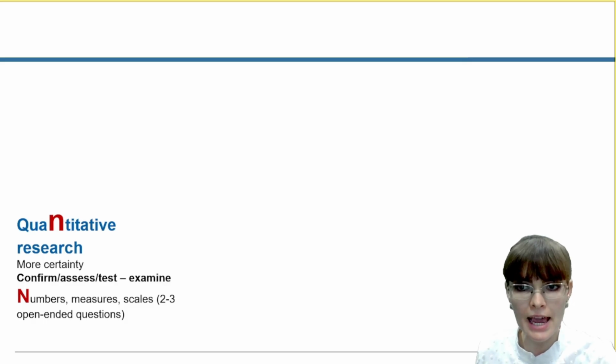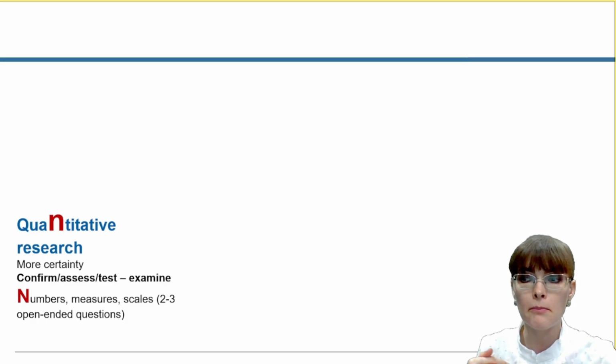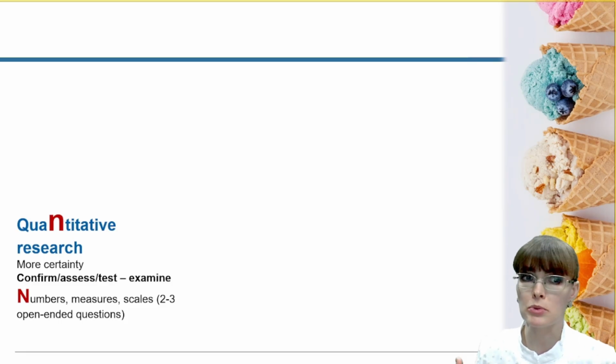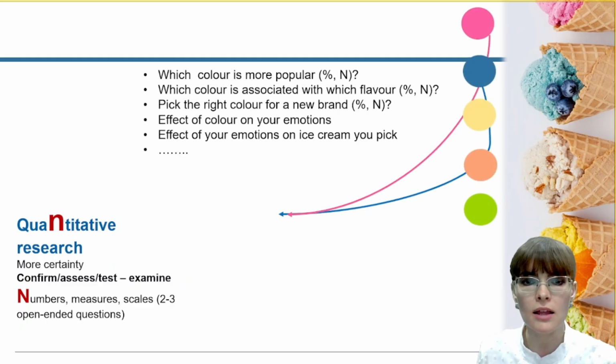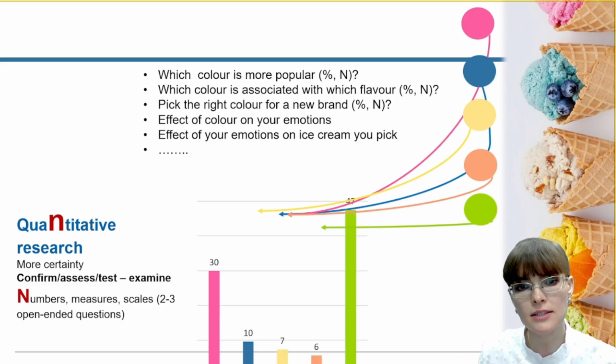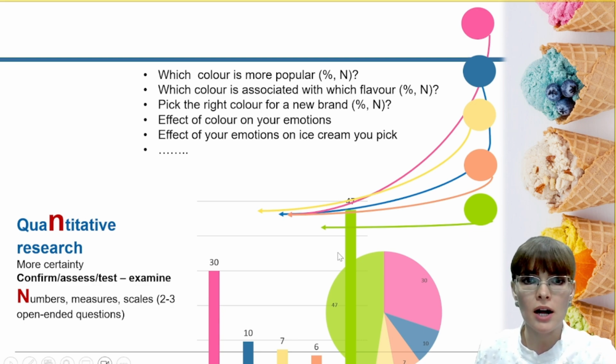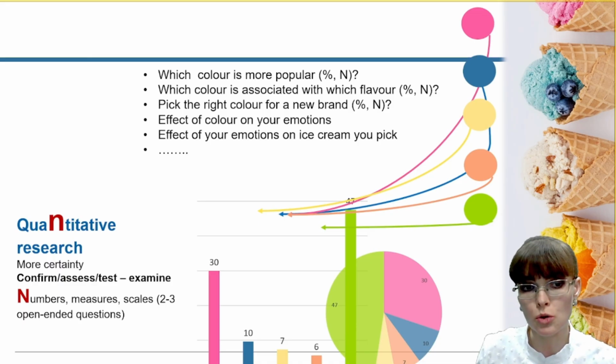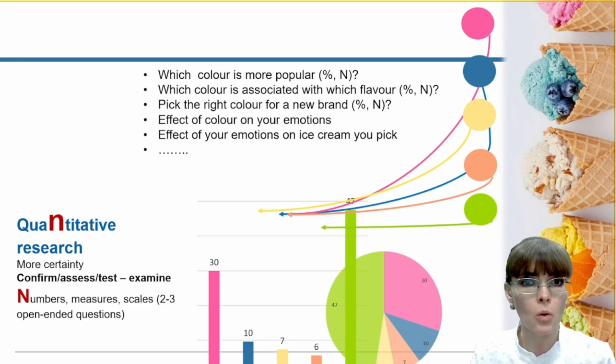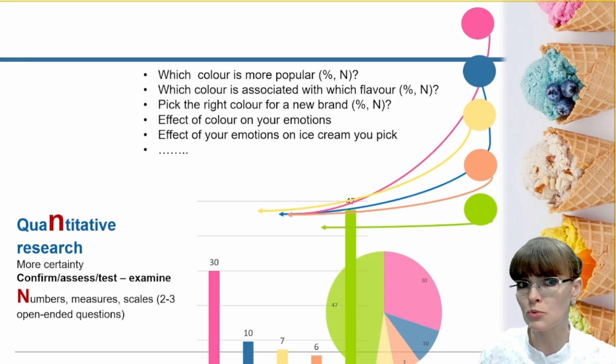With quantitative research methods, we may look at exactly the same problem. Let's say we're not sure which ice cream brand blend or flavor to introduce, but we would be looking at a slightly different way to measure it, and it would lend itself more to the quantitative way of investigation. We may be using bar charts or pie charts to summarize the data, to describe the trends in the data, or we may be looking at some more complex modeling, testing of differences between different flavor choice or different color, and so on and so forth. So the type of questions would be different.